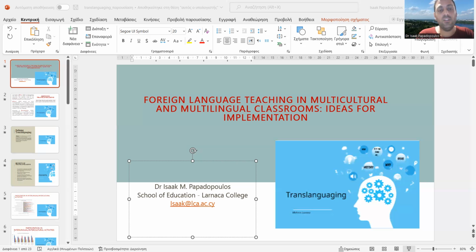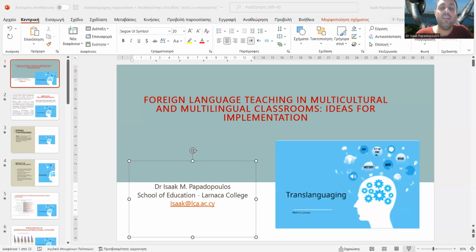And of course, they use Greek instead of English when they want time to think about what they want to say to the teacher or to the classmates. Apart from the stimuli, of course, we try to delve into the participation of the students in the lesson as well, and try to see how translanguaging contributed to the development of the target language.